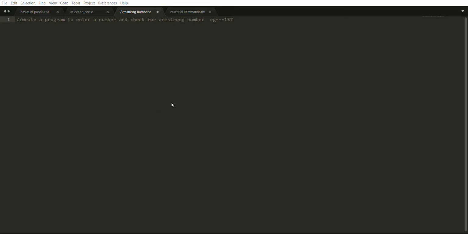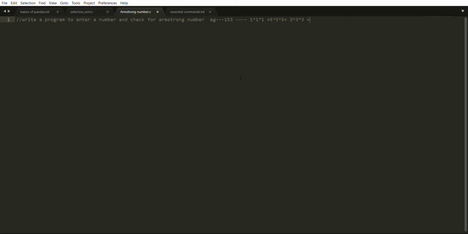So let us check whether it is right or not. 1 into 1 into 1 plus 5 into 5 into 5 plus 3 into 3 into 3 will give us